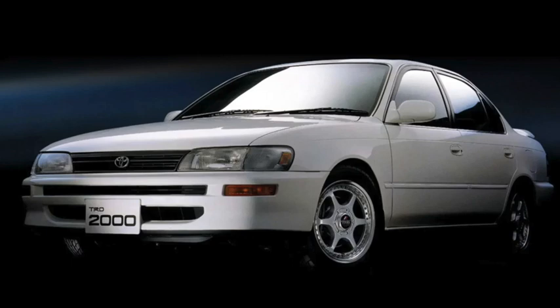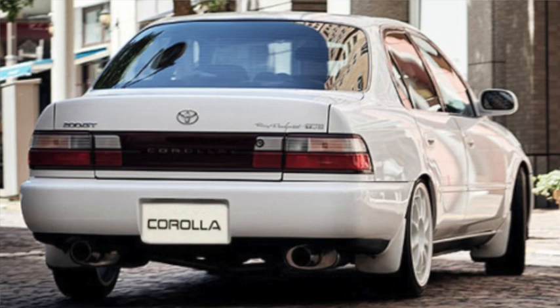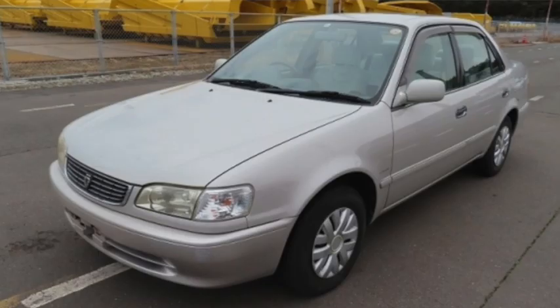For 1995, in Japan only, there was an ultra-rare TRD 2000. The 5-speed came with a heavy-duty clutch and quicksilver shifter, and the brakes and suspension were also upgraded. Power came from a 2-liter with approximately 180 horsepower. Only 10 were sold. But an updated Corolla was introduced the same year, and styling would be altered for different